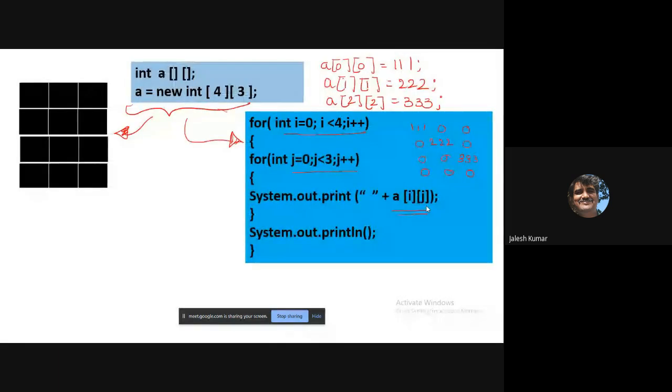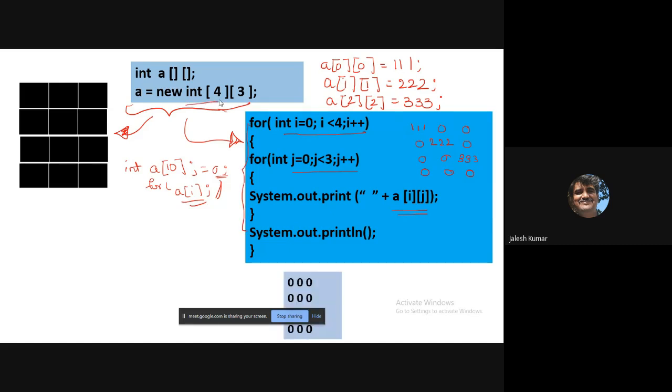Normally, in languages like C, whenever you declare int a of 10 and after that print using a for loop a of i, you will get some garbage values. In C, by default, it will not store any zero. Using a for loop, you have to initialize zeros, otherwise garbage value will be collected. But let's see what output you'll get when we execute this code by just initializing this.